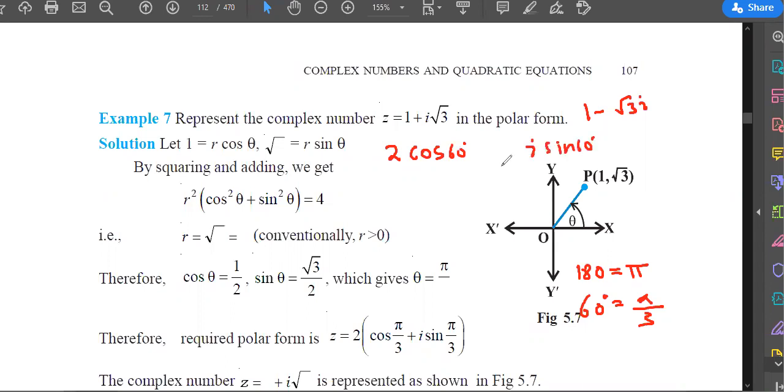ऐसे लिख दो, है ना। Now this is your which quadrant, this is your fourth quadrant. Fourth quadrant में ये पॉजिटिव रहेगा और ये नेगेटिव रहेगा, as simple as that, है ना। ठीक है, so it is 2 bracket 2 cos 60 degree minus i sin 60 degree, ठीक है, समझ में आया। तुमको ज्यादा नहीं सोचना है कि एंगल क्या होगा क्या नहीं होगा, you just have to see the quadrant, ठीक है। Got it everyone, tell me everyone got this, सबको समझ में आ गया।